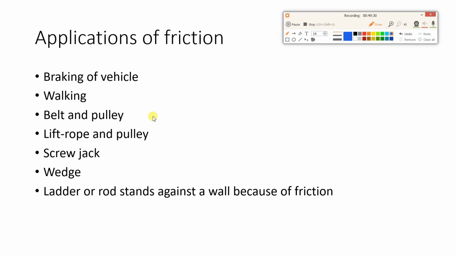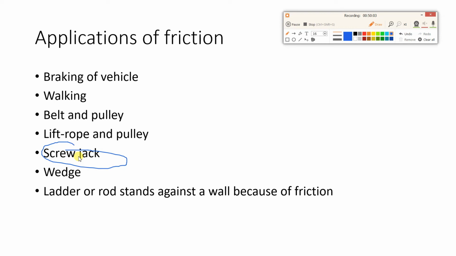Next example of friction is the screw jack. Now, where is this screw jack used? To lift the vehicle. If you want to change the tire, you use the screw jack. You connect it to the vehicle, and when you give some effort to the screw jack, the vehicle is elevated. If a human being tries to lift the vehicle, it is not possible, but